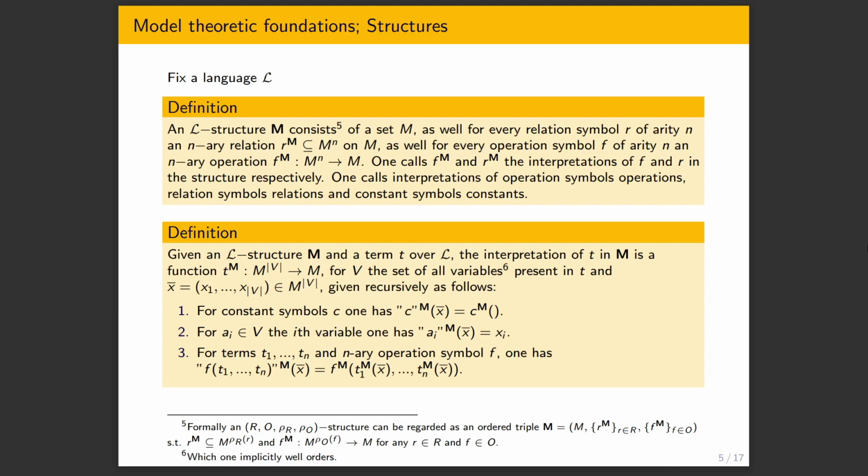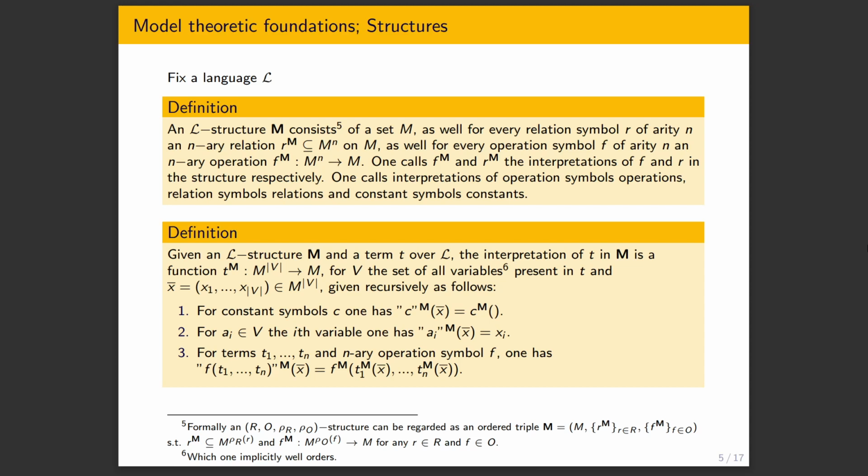It's going to be pretty intuitive how to interpret terms. Say we have the term 1 times x in the language, that was the example. And say we have now a structure, the real numbers with multiplication. For a structure we specify a set, the operations, the relations, the constants. I mean, the constants are also operations, but let me just add it in as well. And so we have this language, one constant 1, and multiplication, which is a binary operation symbol.